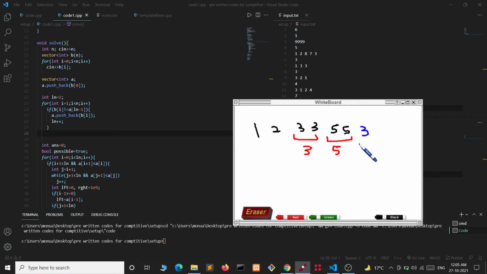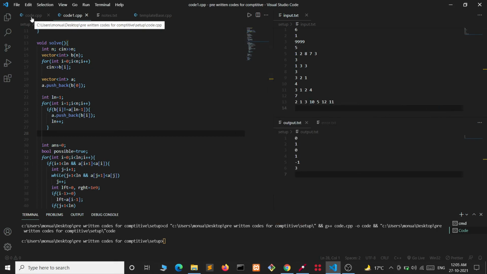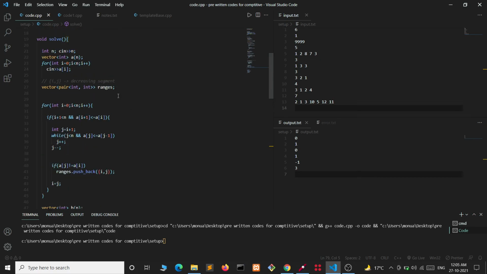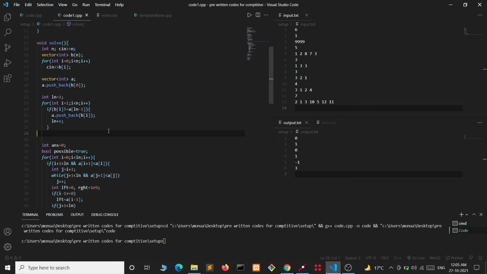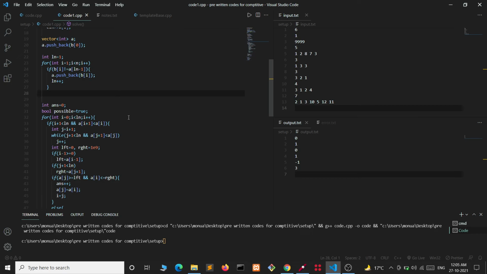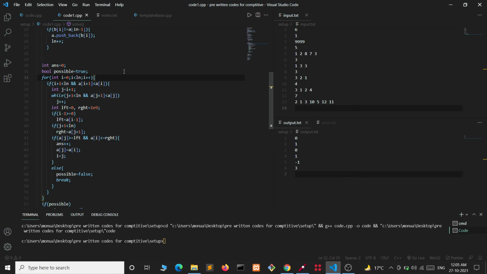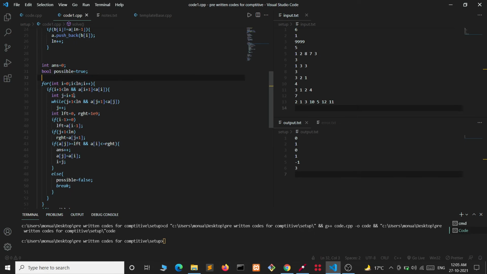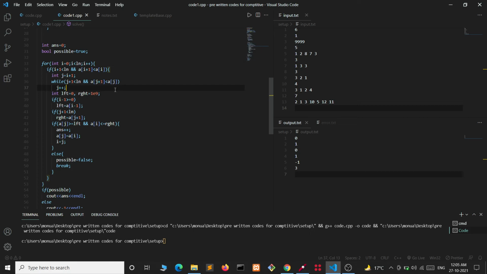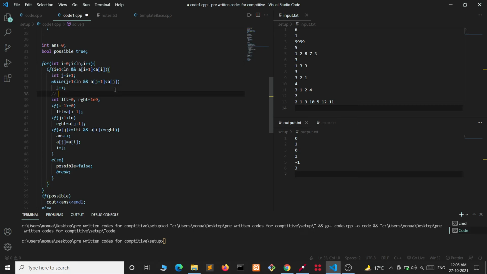Like 3 can repeat here, but we will take this 3 like this. If there are multiple threes consecutively, we will take them only one time, because in the solution also we are using them only one time, which will make our solution easier. Like we are not having any two consecutive numbers the same. Similarly, we are doing the same thing here. We are just finding the range i to j which is decreasing.